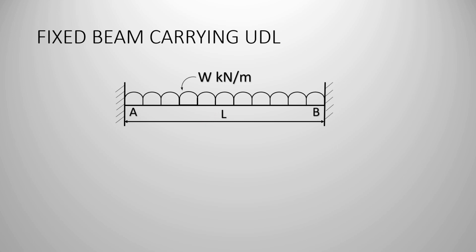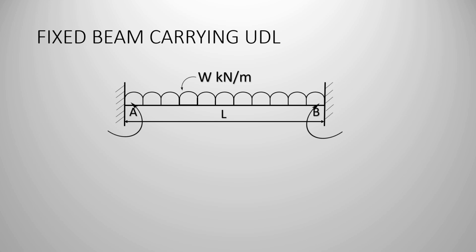So what is a fixed beam? Fixed beams are the beams whose ends are restrained so that there is no slope nor deflection at the ends. So how is this possible? This is possible only if restraining couples or fixed end moments are exerted at supports. So how to analyze this kind of beams?